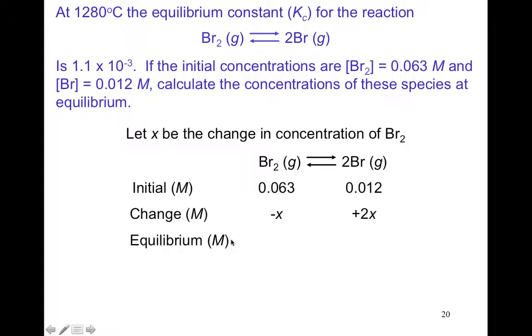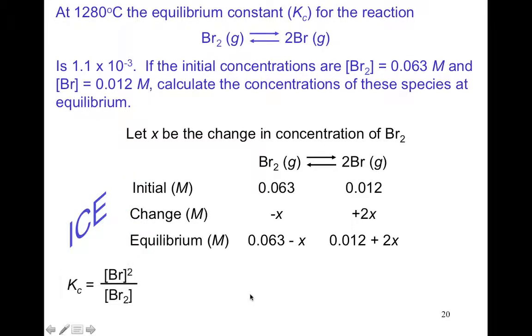And so then at equilibrium, of course, it would be our initial minus our X, and for our products, it would be our initial plus 2X. So that's how we would solve something like that. So that's ICE, initial, change, equilibrium. That's how you set that up. So do remember that. So now we set up the formulas we've been writing this whole chapter,